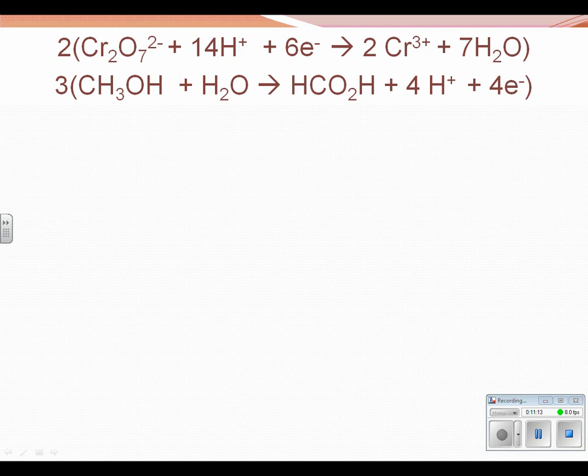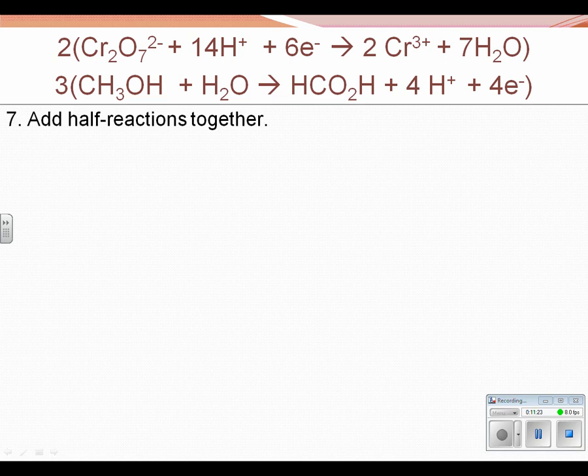So all we're going to do is just distribute the 2 to everything in that first reaction, distribute the 3 to everything in that second reaction, and then we're just going to add it all together. So add them all together. So that gives me 2